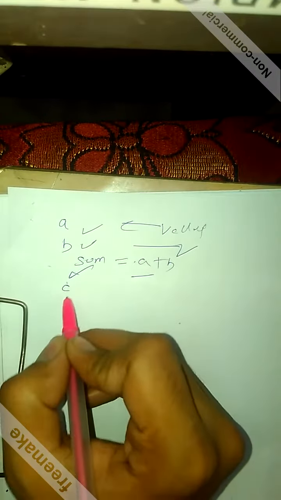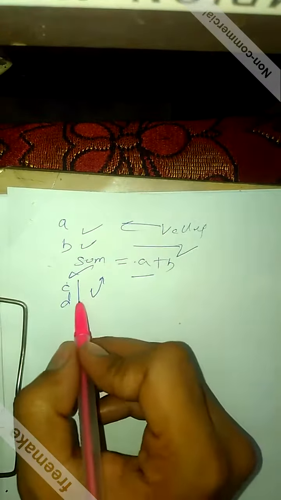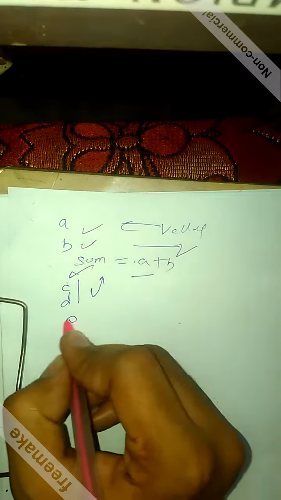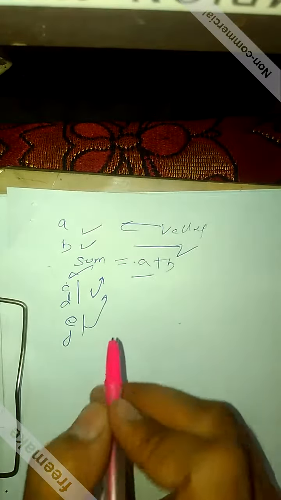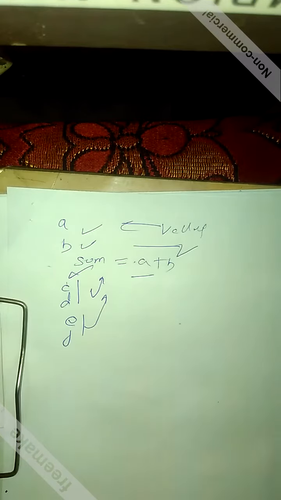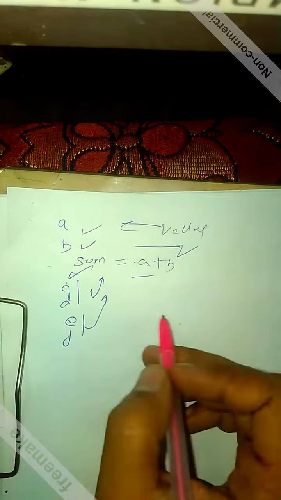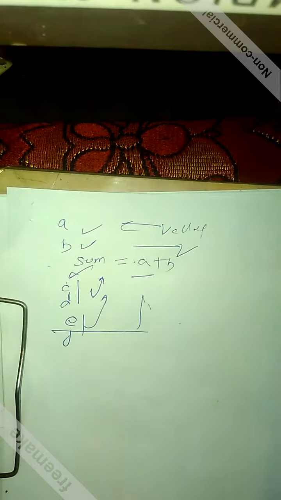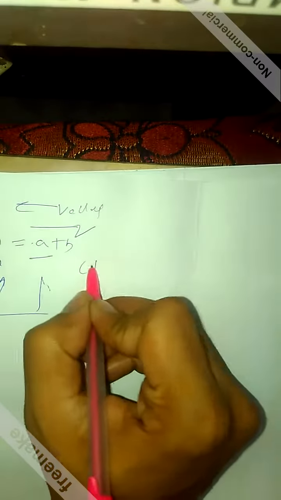Similarly, I will declare c and d and do the same part, and I will declare e and f and do the same part. But this is not required. Why do the same job again and again? The computer is dumb, you are not dumb, right? So for that reason we have C++.